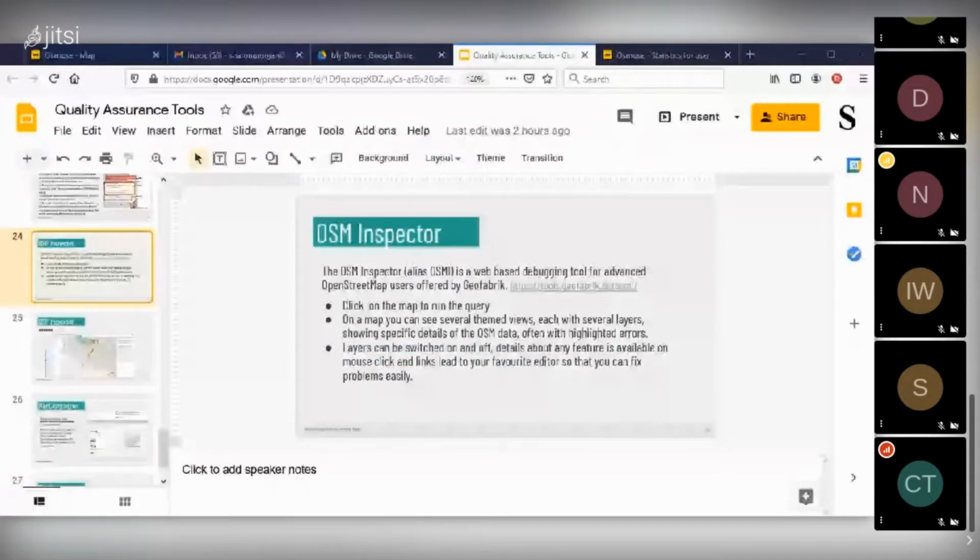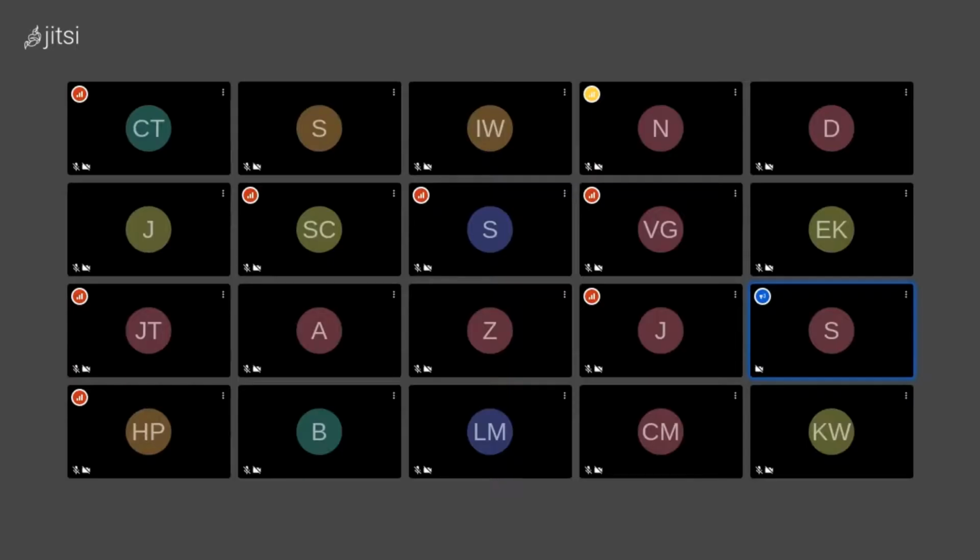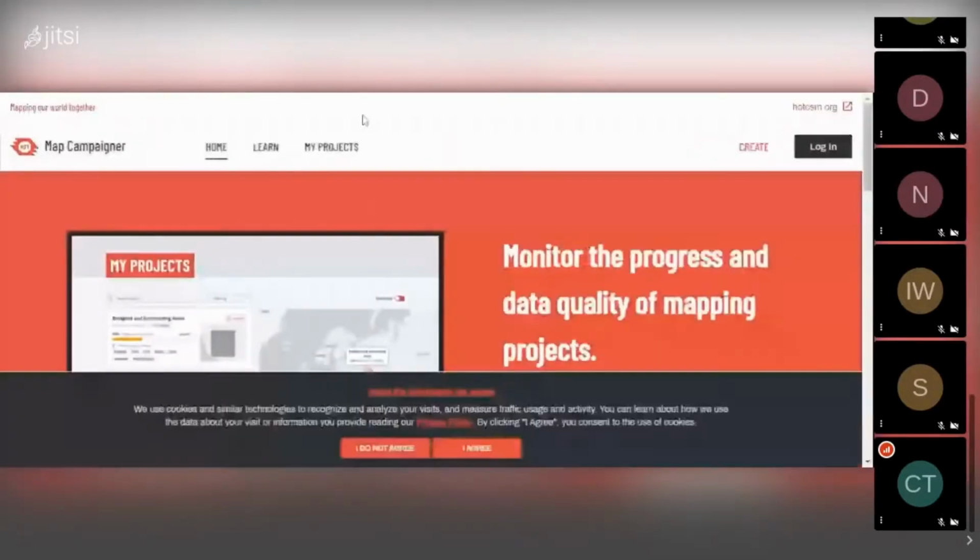Map Campaigner. Application from sub Map Campaigner. Now this is Map Campaigner. It's a tool by HOT. Yeah, so Map Campaigner basically allows you to monitor the progress and data quality of mapping projects. Yeah, you need to have a mapping project, like let's say as OSM Kenya, or as part of this data quality training,